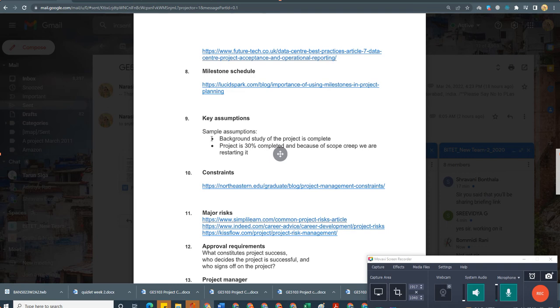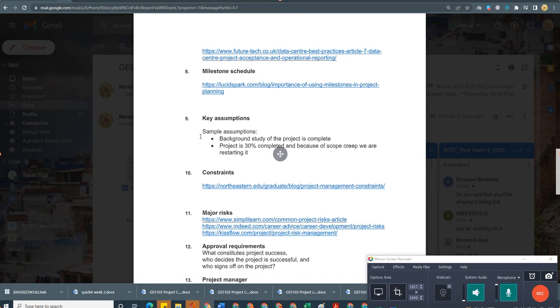For this project, some important background information related to the work, maybe conducting surveys, understanding organization needs, understanding employees' needs and employees' expectations of the project. This is all based on requirements, and we call it the requirement analysis section. So we say that the background study of understanding the requirements of the owners and the employees of the organization was already done. In that way, we can assume that.